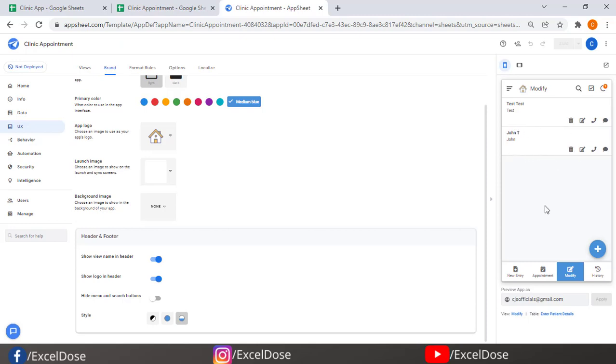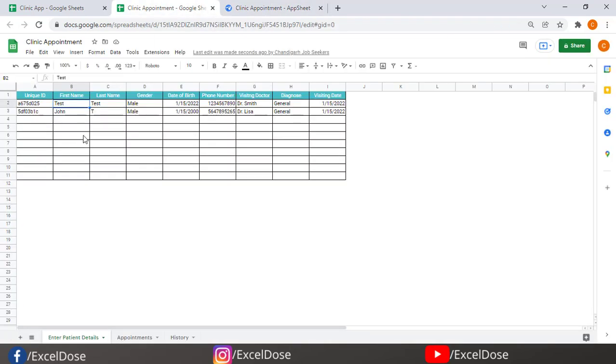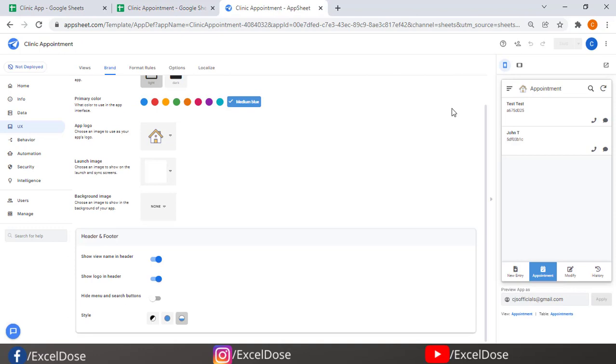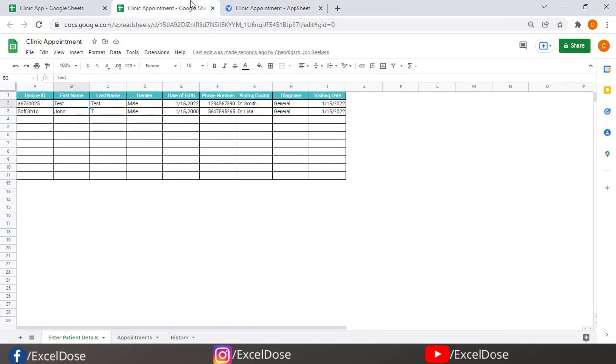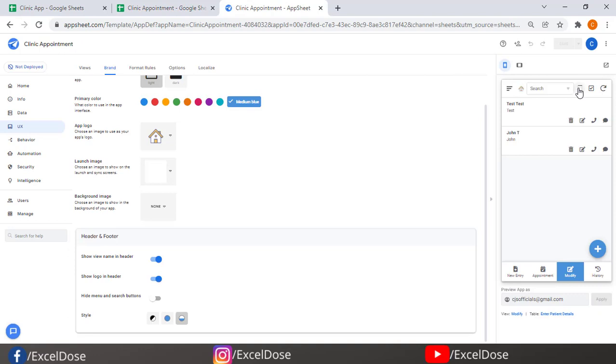Now you can see we are getting appointments for those two dates, right? There are two appointments for that particular date. So let's see if it also updated in the backend. Yes, it's also updated in the backend. Now we have to see if this search option is working or not. Maybe John is not coming on today's date, he is coming on some other date, right? So we have to search based on his mobile number, which is 564. I will search this one, 564. Now you can see we are getting the entry of John only.